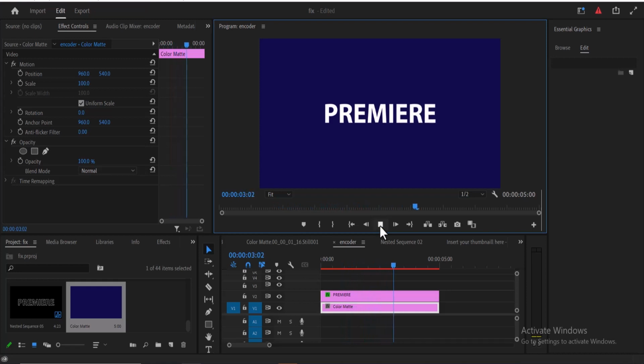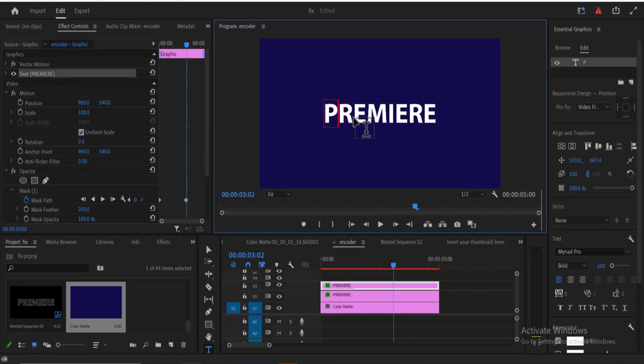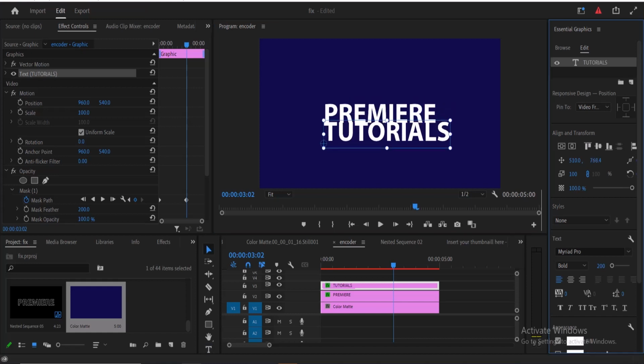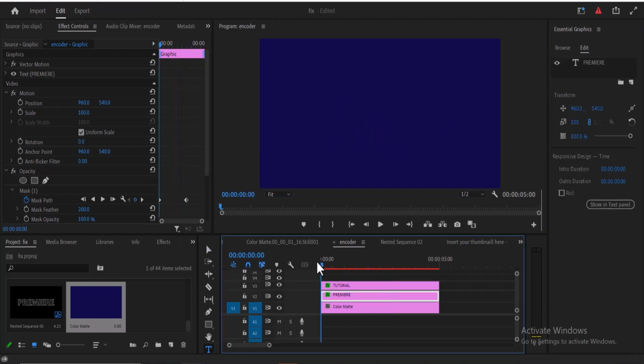Another thing you can do is to select your text and hold down Alt and drag it one track above to duplicate it, and select the bottom text and change the text. I'm going to change this to tutorials and drag it below the top text. Okay, let me take out that S and move your playhead to the start of your clip over here, and